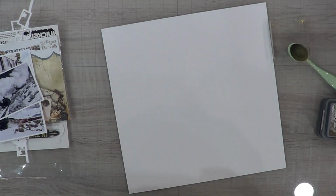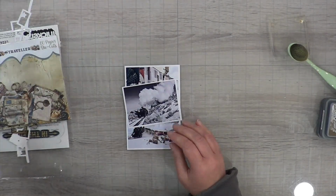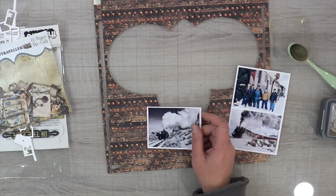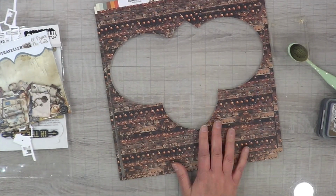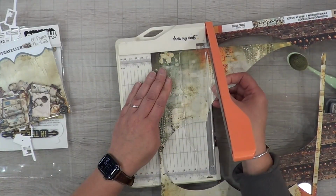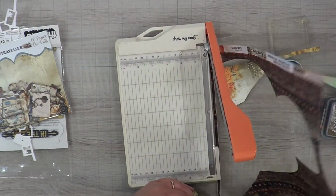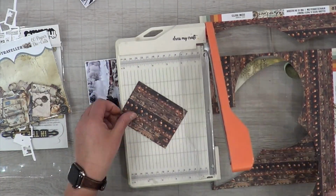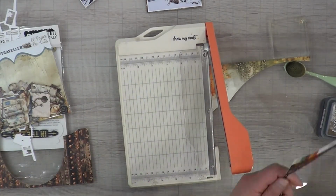And the first thing I'm going to do is trim up my paper for that giant ticket that Gina has on her sketch. But I need to know how big the ticket needs to be. So I'm going to actually trim up my photos and leave a little bit of white space around my photos, and then trim up this really cool paper. I'm not sure if it's meant to look like a bunch of rivets in a line. I don't know, but that is exactly what I feel like it does. So I'm just making sure, because I'm going to need every little bit of this paper that I possibly can get,